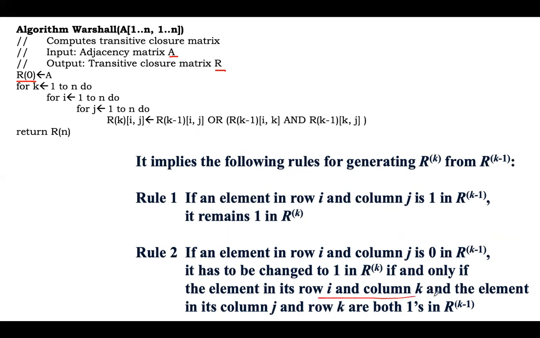I will show you this statement with an example, and you will understand step by step. I will show you how these Rk values will change. One OR operation is there and one AND operation is there. OR means if one is already there, we return that one. If one is in these two locations, that one will be inserted into the next output matrix. I will show you that with an example.